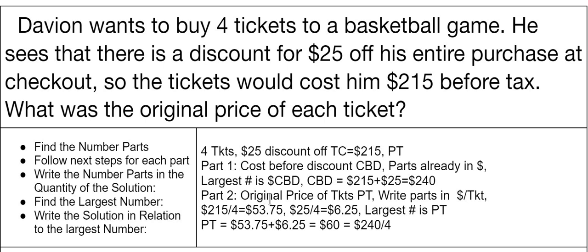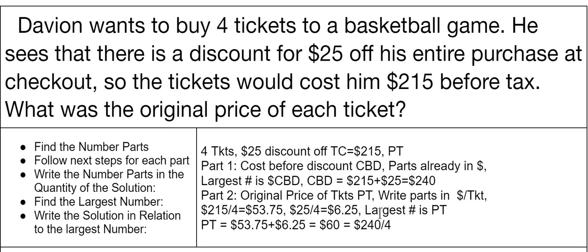And so we say we want to find the original price of the tickets, price per ticket. Now we have to write the parts in dollars per ticket. And so we take the parts which we have, $215 and the $25, and we do $215 divided by 4, and we can see that it will equal $53.75. And we have $25 divided by 4, which will equal